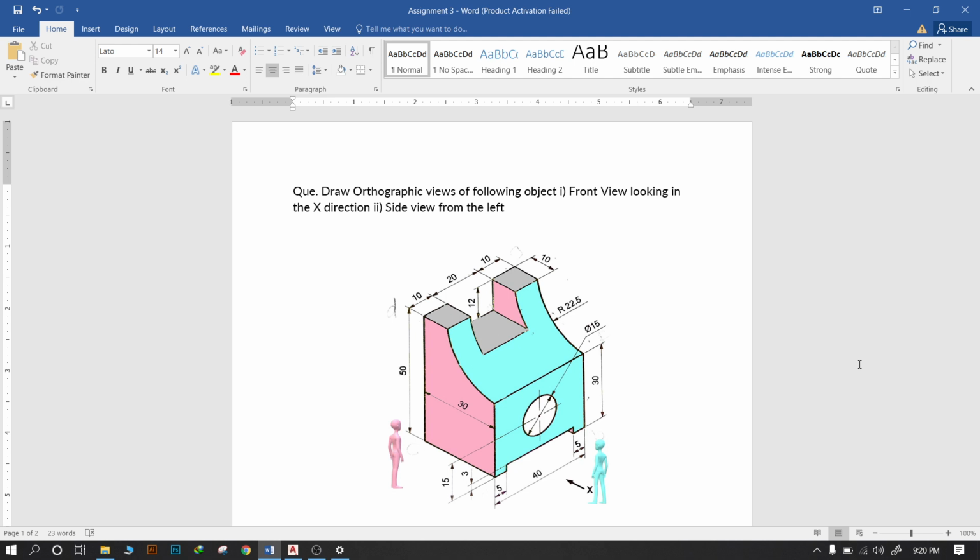For the simplicity of this solution, I just marked the aqua color for the front view and given the pink or rose color for the side view. Also I placed the observer for the reference position. In the x direction we have the observer from the front side in aqua color, and also the observer placed on the left hand side in pink color for understanding purposes. So we are solving this numerical in AutoCAD.